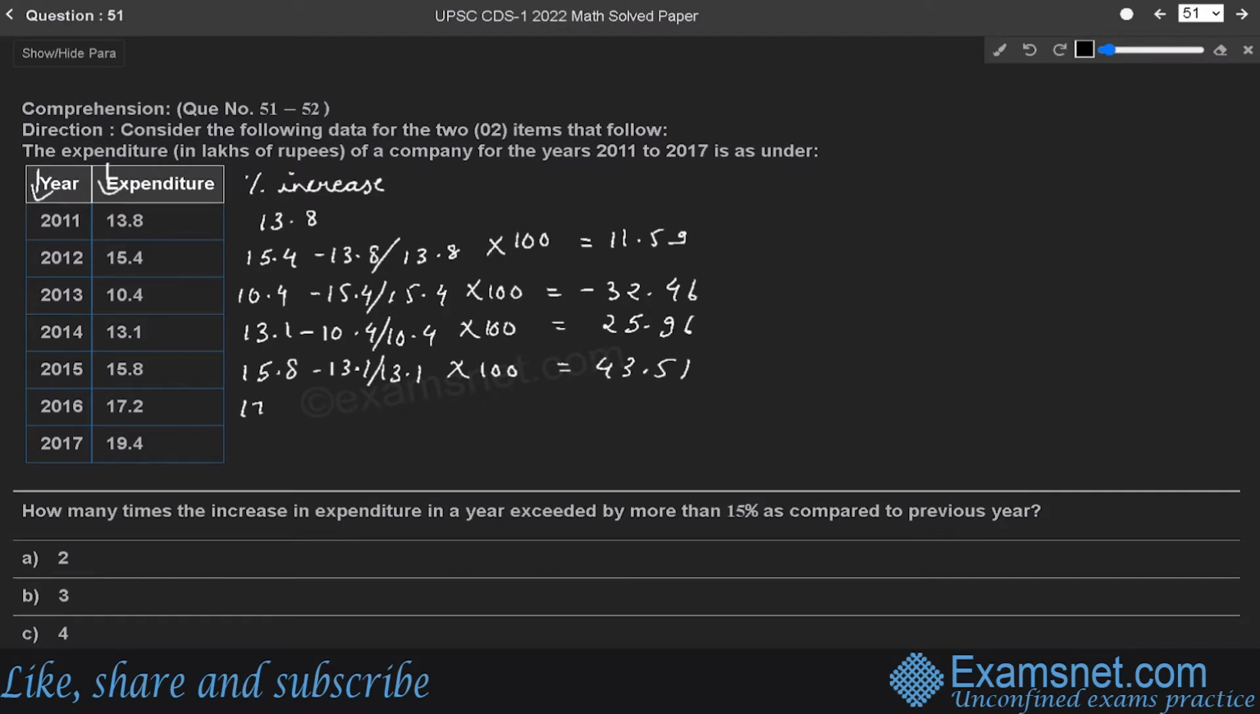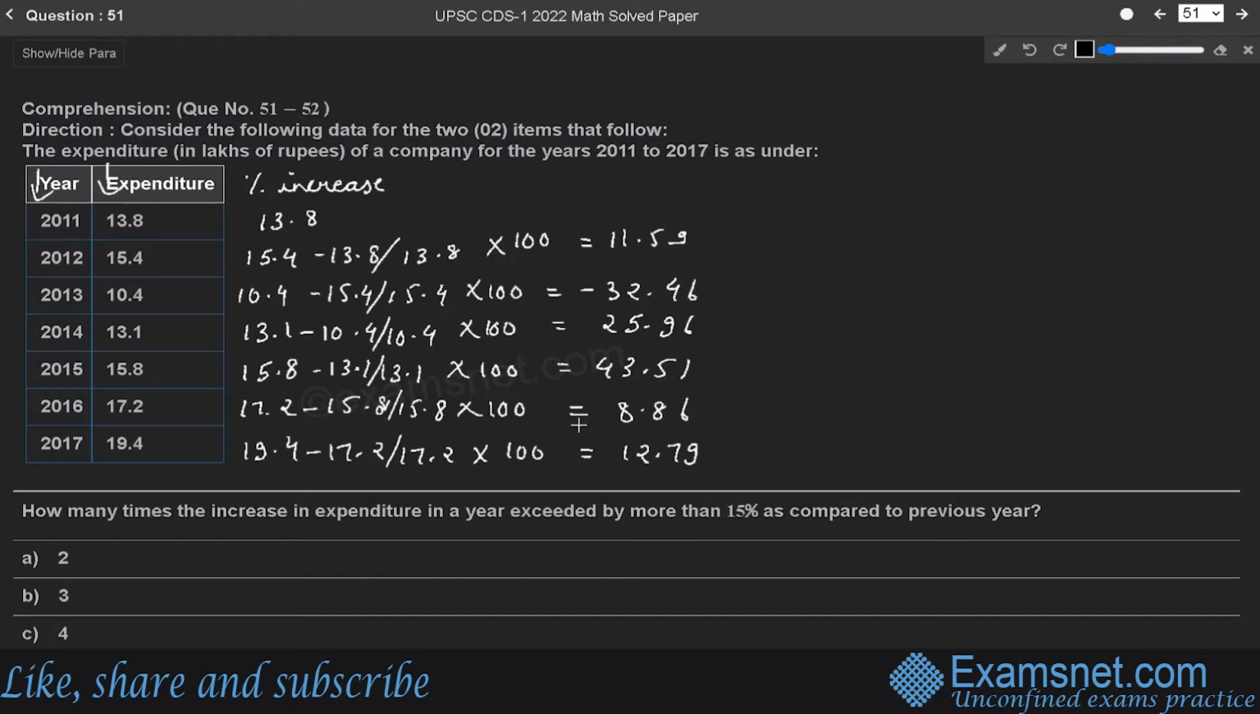Now 17.2 minus 15.8 upon 15.8 into 100 is equal to 8.86. And similarly for the last value, which is 19.4, it will be 19.4 minus 17.2 upon 17.2 into 100 gives 12.79. Now notice that 2 times the increase in expenditure in a year exceeded by more than 15% as compared